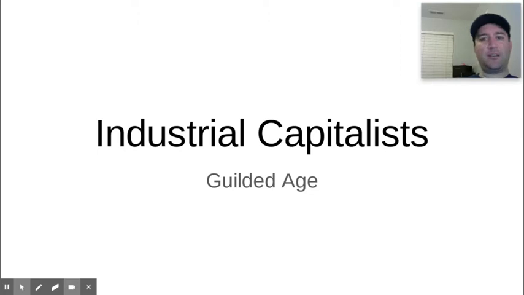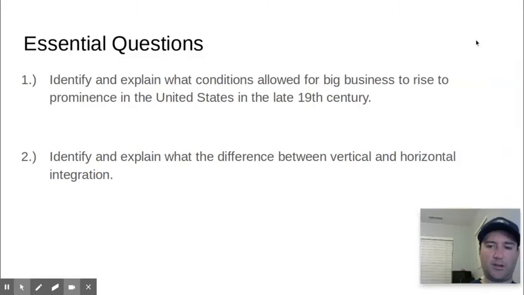And the idea of the Gilded Age is that on the surface, things look good in this time period. There's a lot of new businesses, a lot more opportunities for material wealth and things like that. But underneath the surface, there's a lot of corruption, terrible working conditions and so forth. And so that's why it gets termed the Gilded Age. But today we're going to focus mainly on the industrial capitalists that helped build America. A lot of people view them as the ones who helped build America.